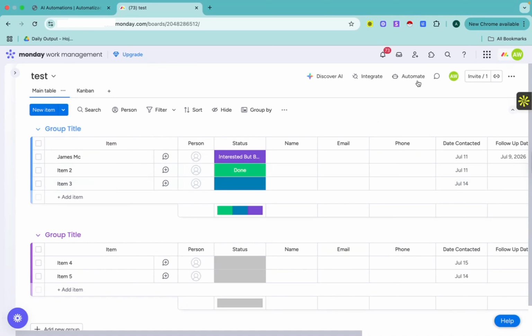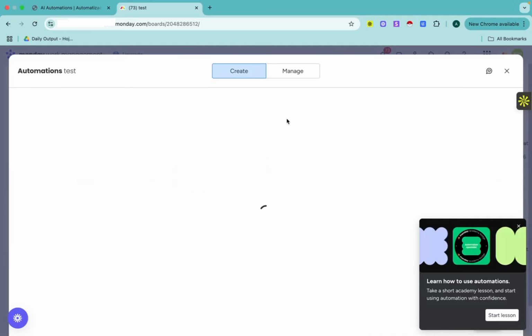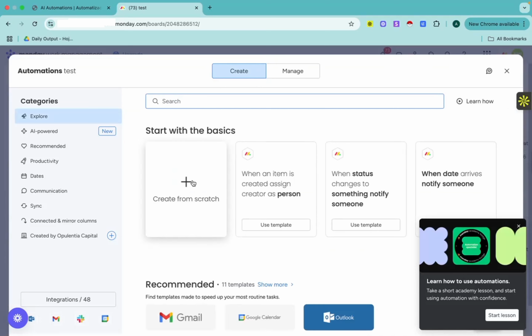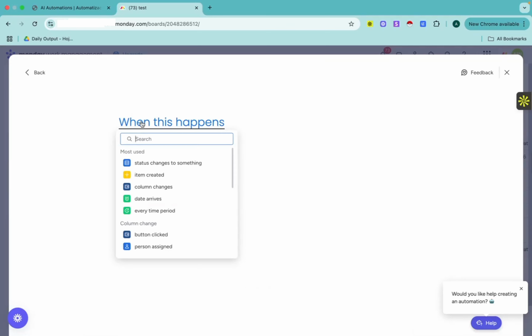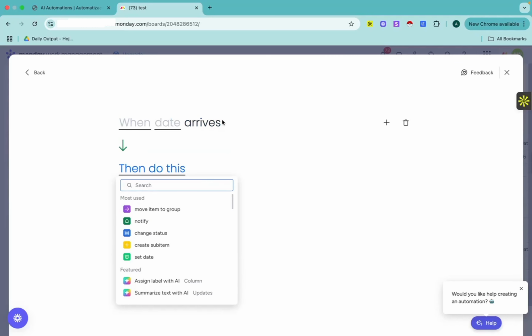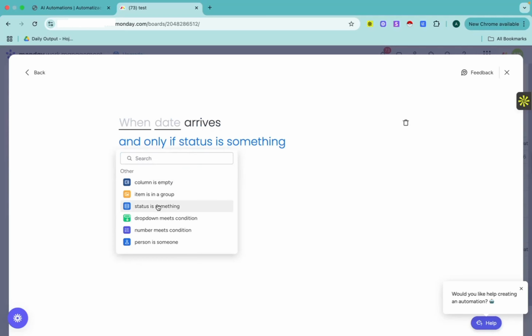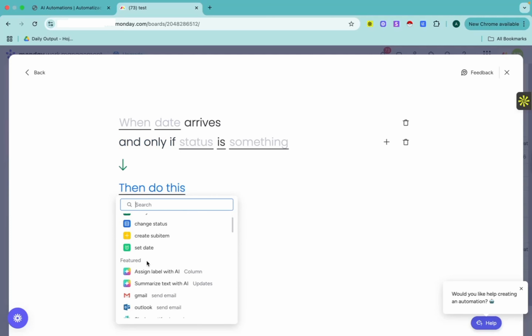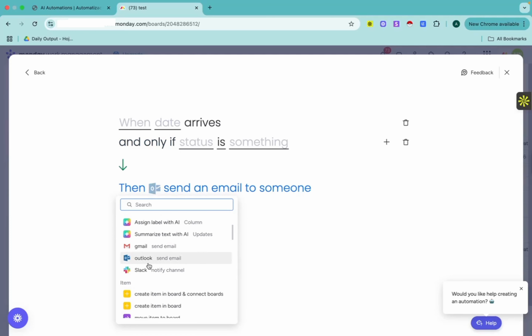Okay, and now I'm going to show you a few automations we can do. So for example, an interesting one I know is we can automate, okay, so here we have some basics. You can have, for example, whenever a date arrives, you can get notified, so you know that you have to do something with that lead. Okay, but the one I like is when date arrives. So let's say you have a follow-up date for a lead. When date arrives and status is something, then